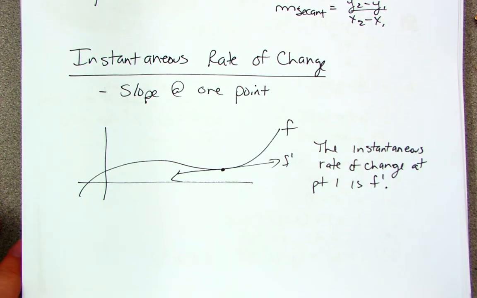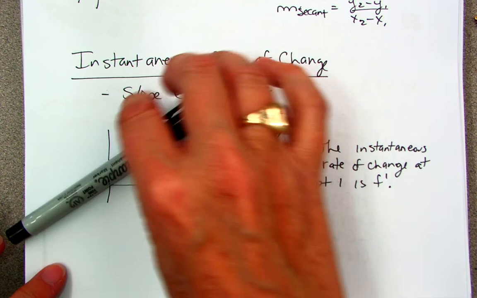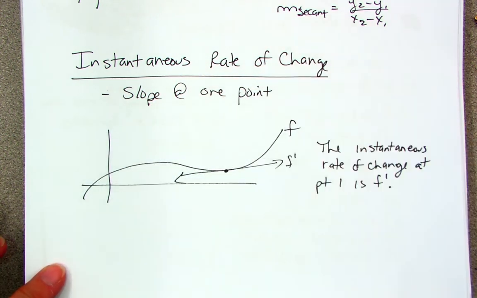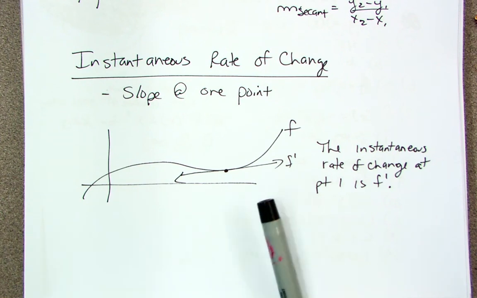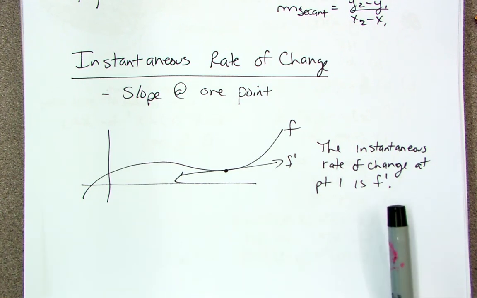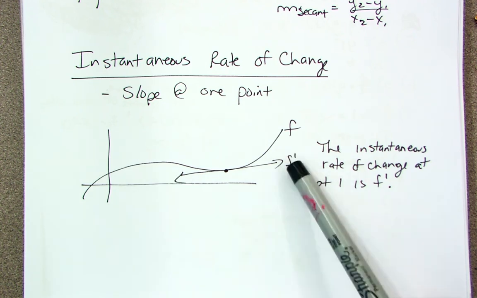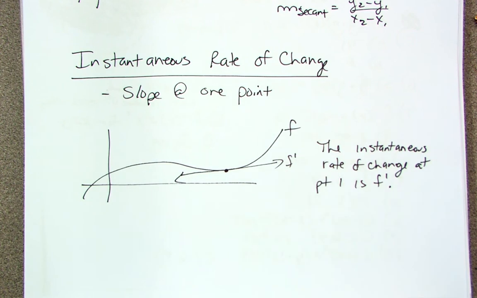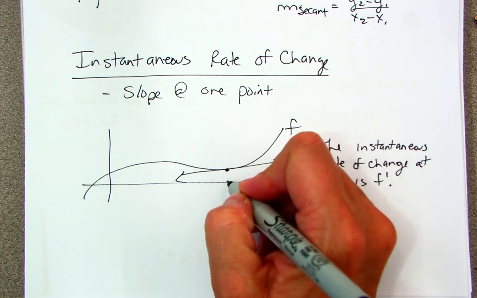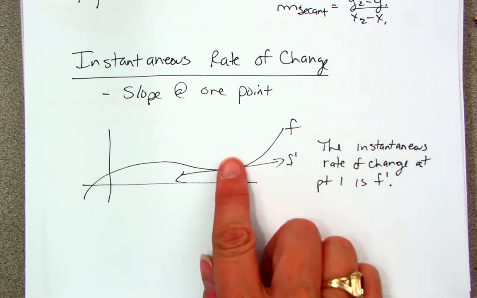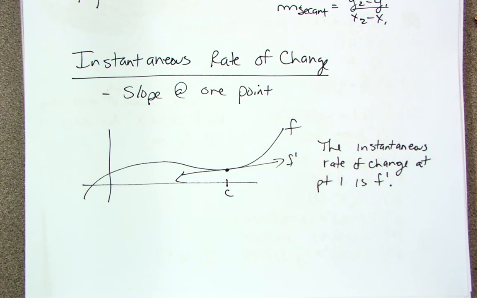Instantaneous rate of change is the slope at 1 point. So again, here is my instantaneous rate of change. It is the slope at 1 point. How do I find the slope at 1 point? It is by doing f prime, my first derivative. The first derivative is finding the slope of the tangent line anywhere on this graph. So if I want to do it at this point here, whatever it is, I don't know, call it C, call it A, call it X. So once I take the first derivative of this function at this value, I'll know what the slope of the tangent line is. That is instantaneous rate of change. That is my